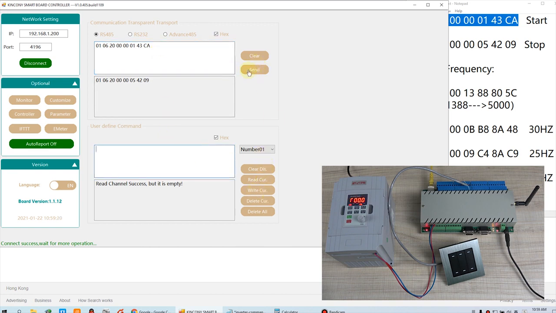We can send a press. Okay, you can see the inverter began to work. Now it is 10 Hertz. This is the last time I have set. The command is okay, so we can copy this command